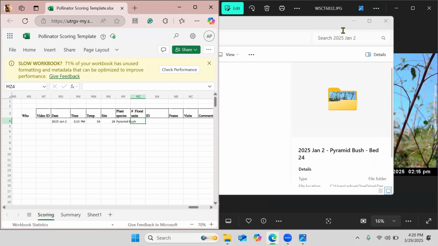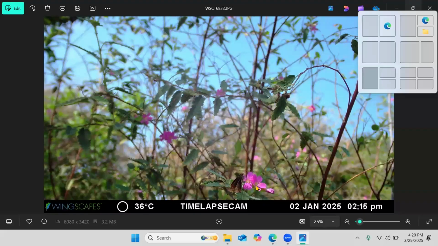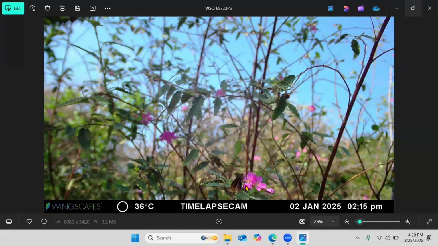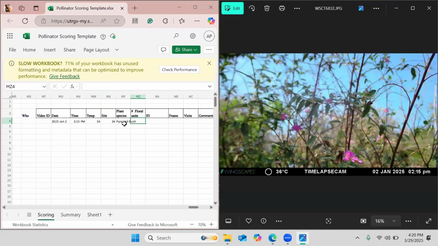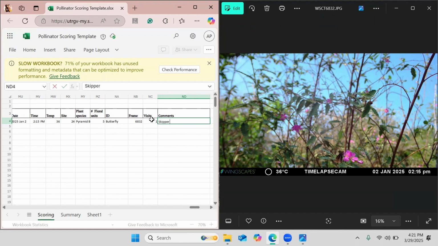It has 5 floral units. Let's see how we can count them. We got 1, 2, 3, 4, and 5. Okay, so we have 5 floral units. And we have a butterfly as the ID. It is in frame 6832, and it is our first visit for this flower, and we're just going to notate that it is a